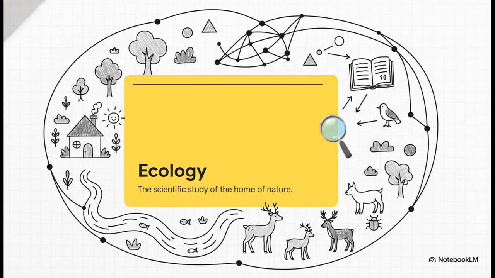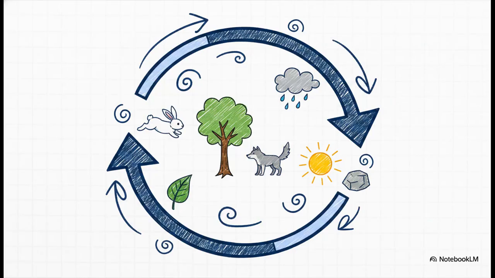Okay, so let's set the stage by looking at the word ecology itself. It actually comes from the Greek root oikos, which means home, and logos, meaning study. So when you think about it, we are quite literally studying the house rules of nature's home. It's the science of how living organisms relate to each other and to the very environment they live in. Now, what's really wild is that this home of ours is never paused. It's completely not static. Instead, it's this constantly shifting balance, a continuous flux of living biotic factors and non-living abiotic forces just constantly changing around every single organism.